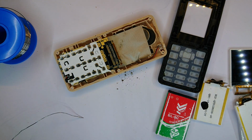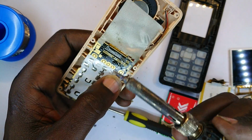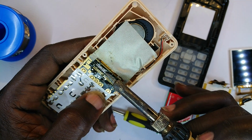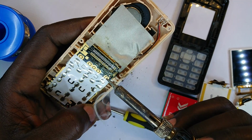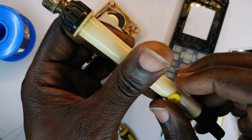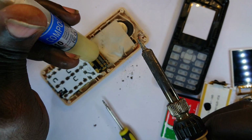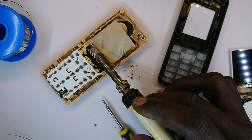Having gone off, the next thing is for me to get ready by cleaning and leveling this right here. So I come all the way, swabbing to and fro, just to make sure nothing remains, not even on that other side. Okay, I think that is looking good. So the next thing is I'm going to lower this temperature to a manageable amount, and then apply my flux right there. This allows for easy flow of solder,